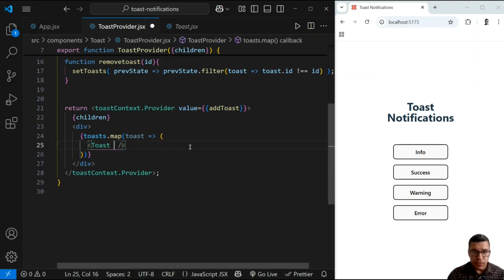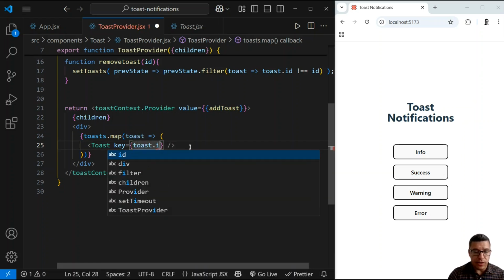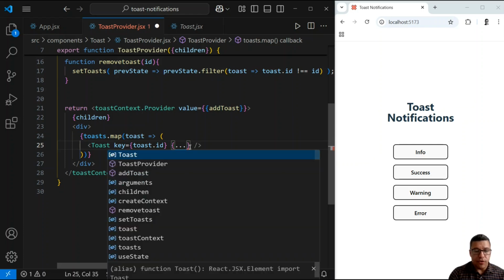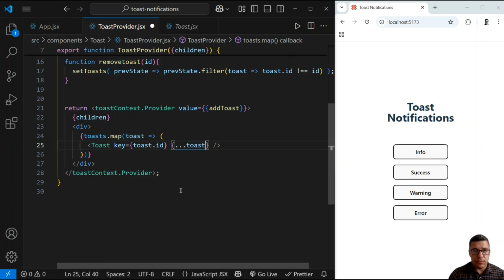Of course, we are mapping, so in React we need a key prop. It will be our toast.id, and then I will pull out all the other props from my toast. And finally, I will define, for example, onClose prop,